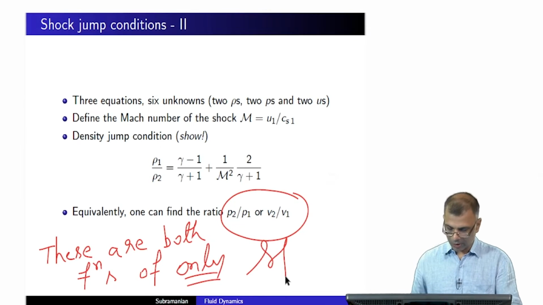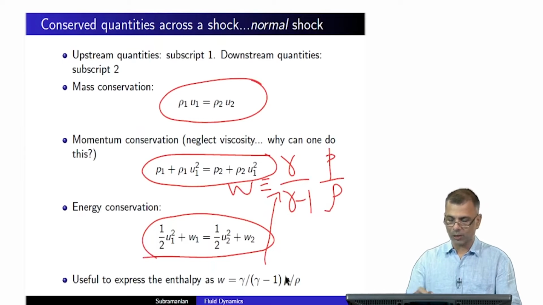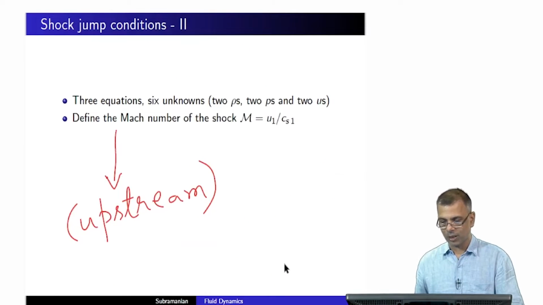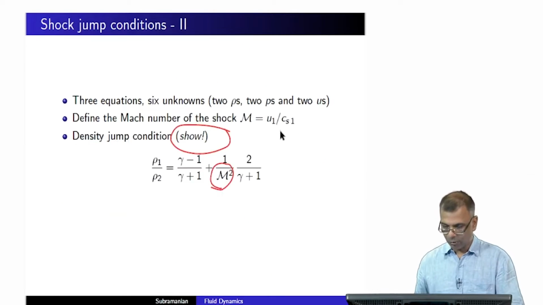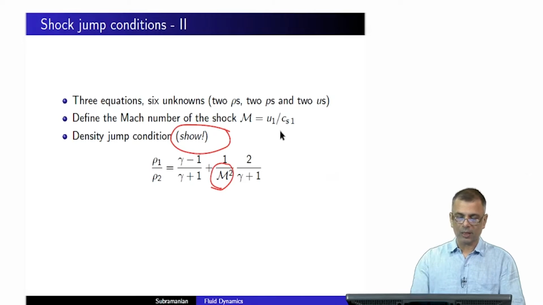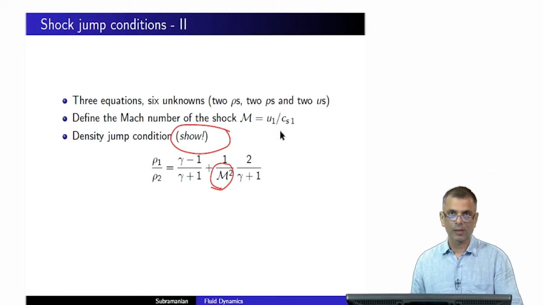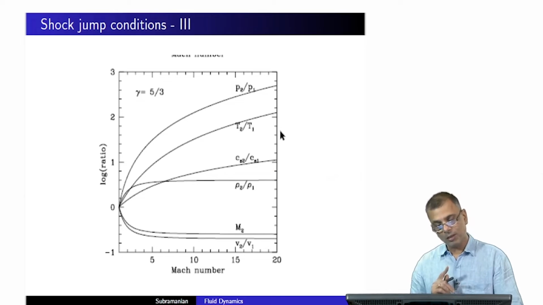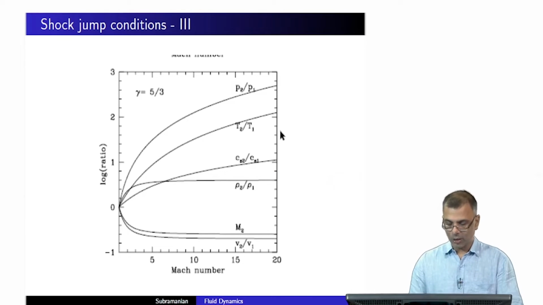The Mach number does not explicitly appear in these equations, but you can play a little bit and recast these equations in terms of the Mach number, and you'll find that this is how it appears. And this is the plot. Since these ratios are functions only of the Mach number M,